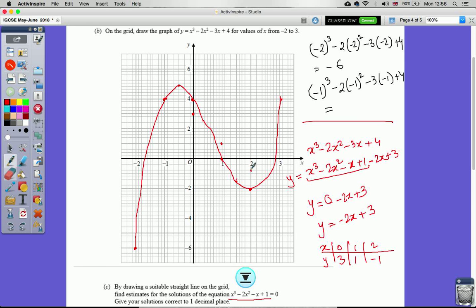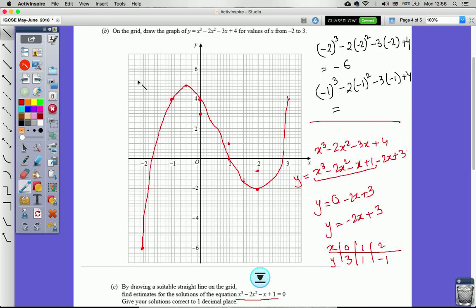That point. Now what I'm going to do is join them with a straight line. So when I join them with a straight line, right,